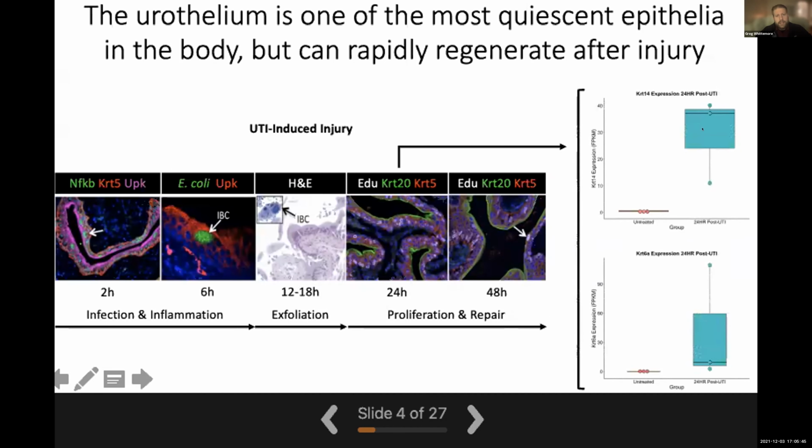First of all, you see an increased expression from the RNA-seq of a 24-hour post-UTI sample of keratin 14. So you are potentially seeing some proliferation of these keratin 14 cells. But then additionally, you see expression of keratin 6A. So this is a marker of activation of those keratin 14 basal cells that's not expressed at homeostasis in the